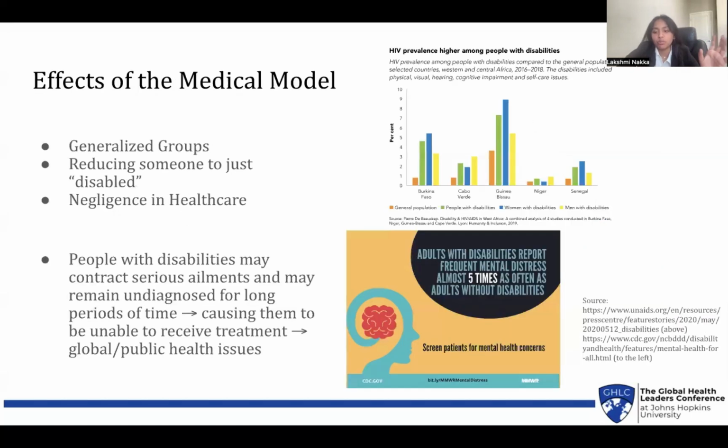Now, despite the social model having more significance in society today, the medical model still persists in medicine and has adverse effects on healthcare. Some of these effects are that people with certain disabilities are thrown into large generalized groups based on their symptoms, and this doesn't work because disability manifests itself very uniquely and differently from person to person, and putting people in generalized groups based on XYZ symptoms can make it very hard to give these patients the unique and individualized medical help that they need.